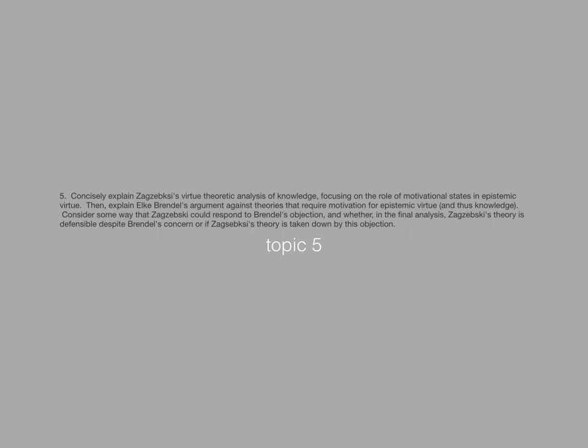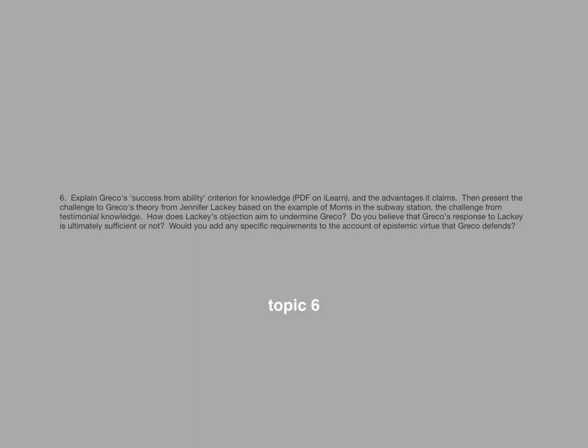So there you go. Final topic here. Say, explain Greco's success from ability criterion for knowledge, in his essays as well, and the advantages it claims. He very clearly lays out three advantages. He thinks that analyzing knowledge as a kind of success, the success being the true belief, from ability, where the from ability part gives you the justification element, he thinks this works really well. And he says it might solve the value problem, it seems to avoid problems of luck,